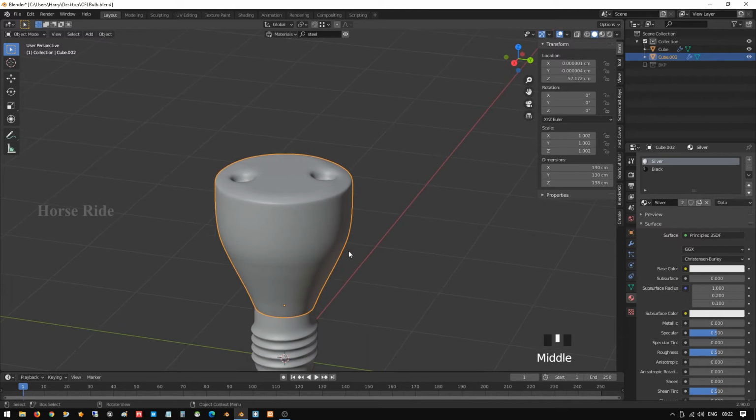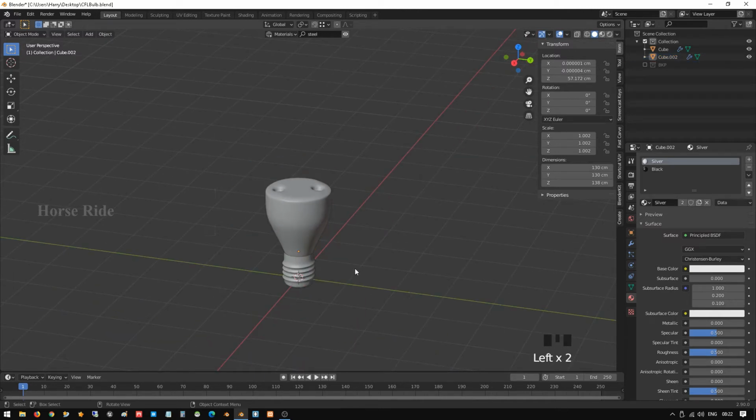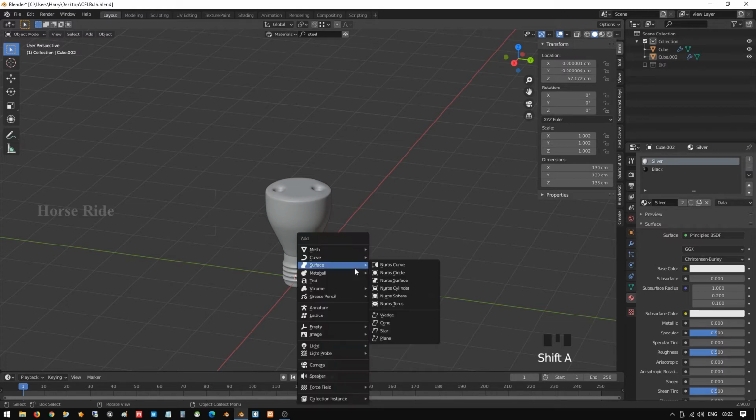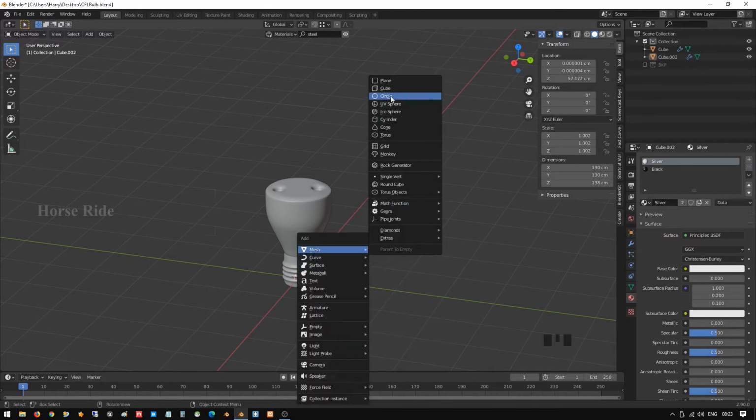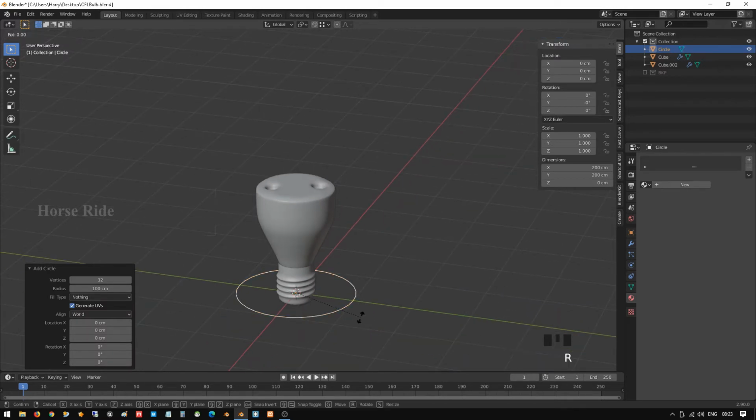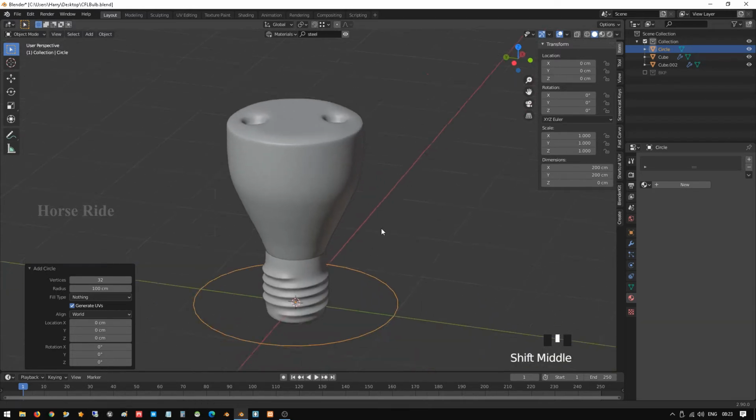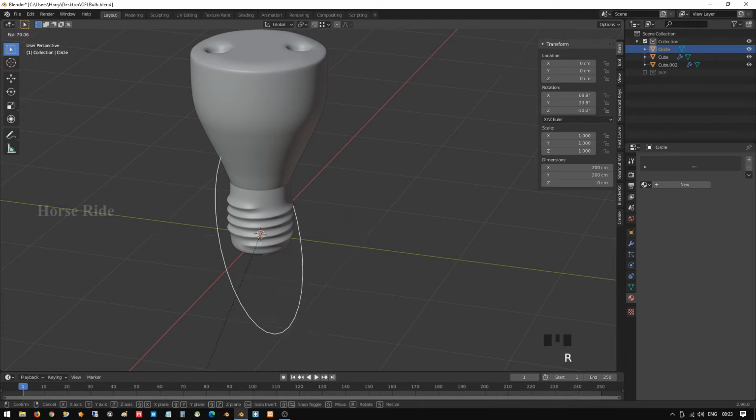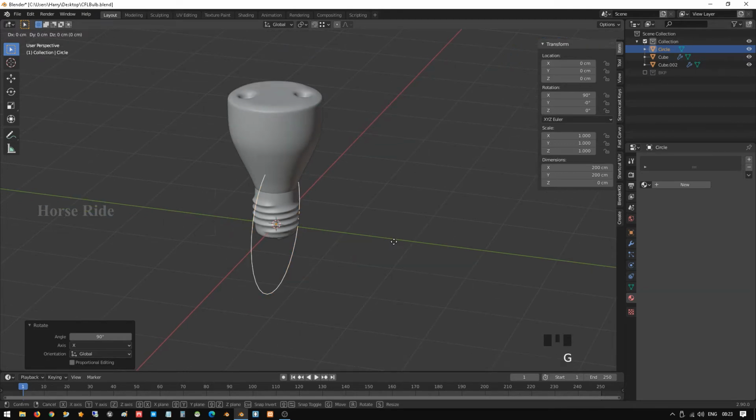So before that, Shift A and create a circle, rotate X 90 degrees, and G Z to move towards here.